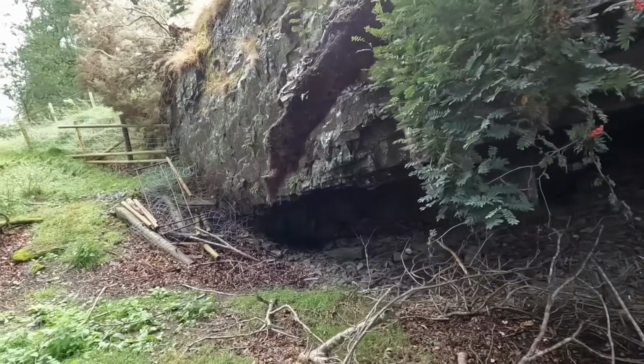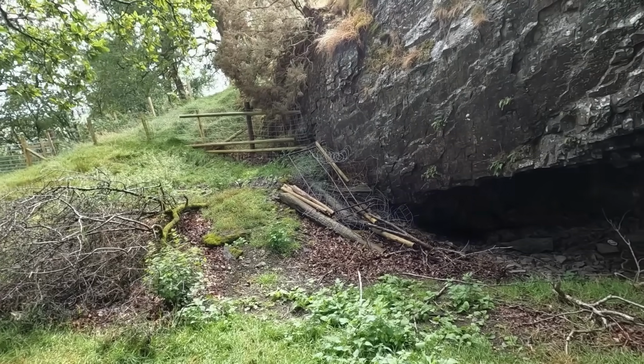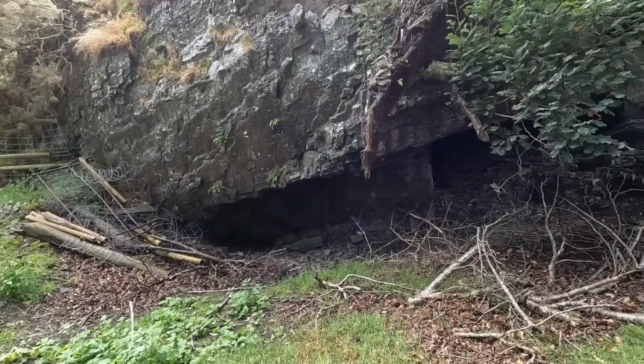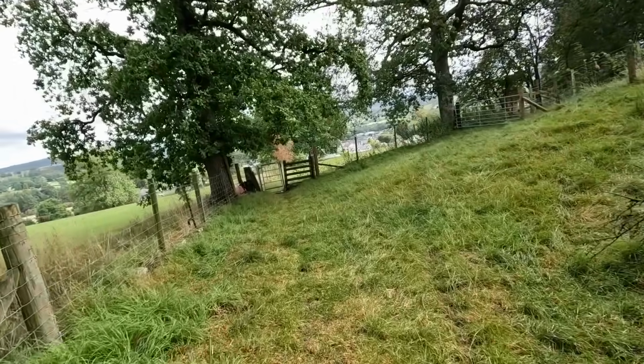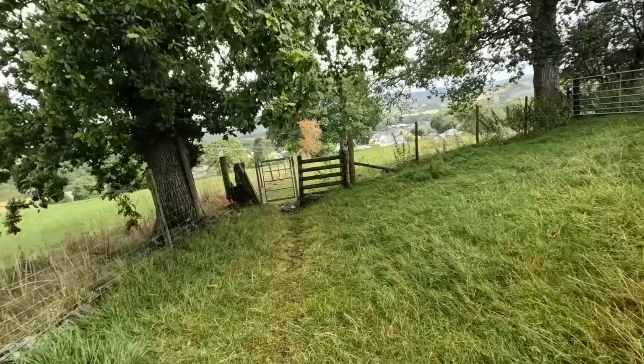Amazing. It does look like that was maybe fenced off at one point there. There's a whole load of fencing. Looks like that might have been fenced off to keep people out. Anyway, so yeah, this looks like it would have been the route down to the town. Down here,